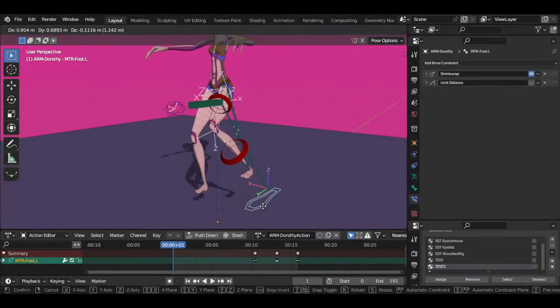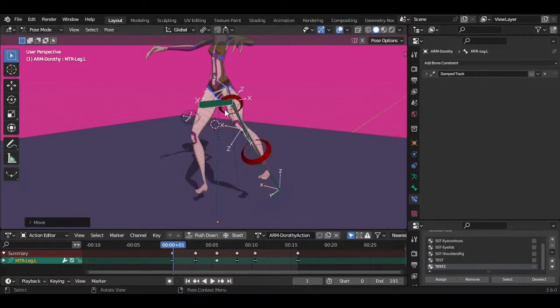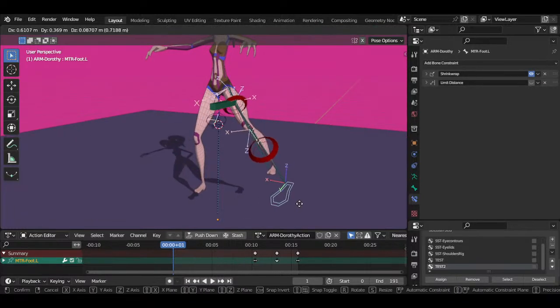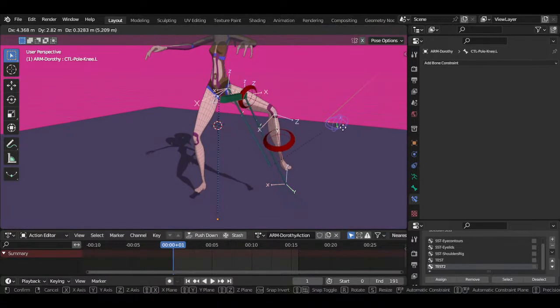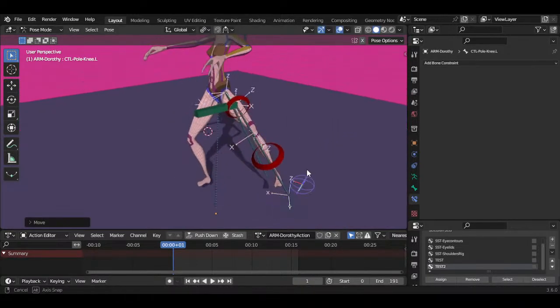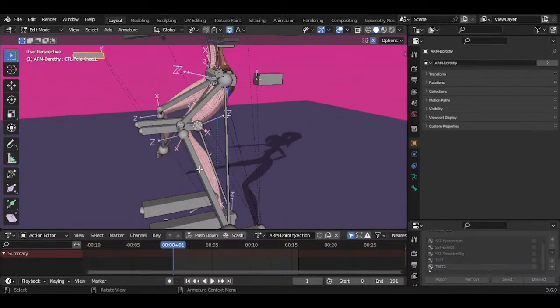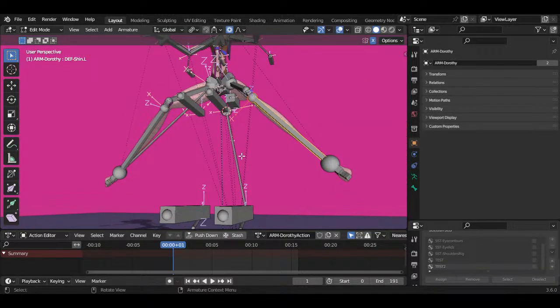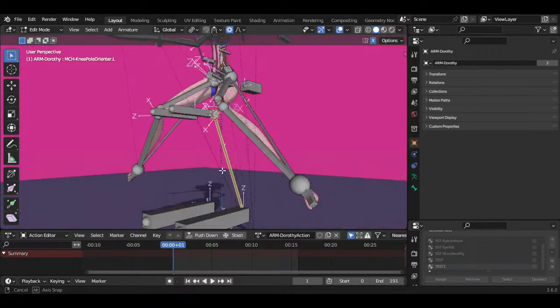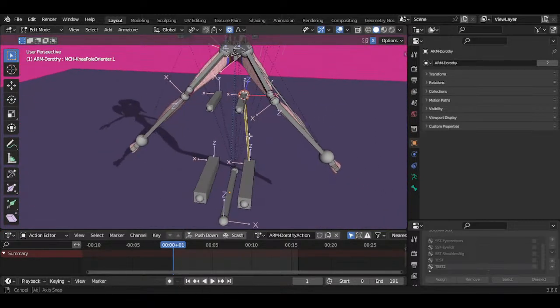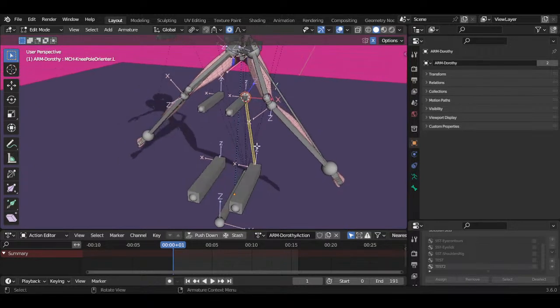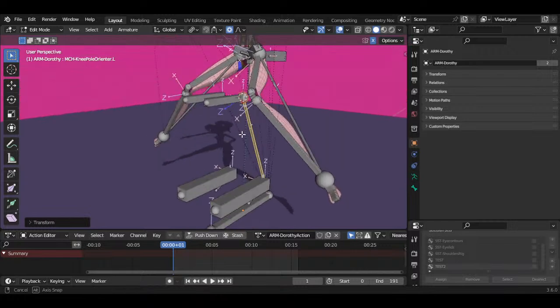So as I move this, I could have the bone follow, like there's something about this orientation that interests me. So the bone roll, I could do something like that. All right,